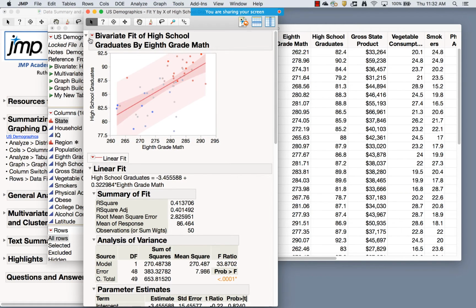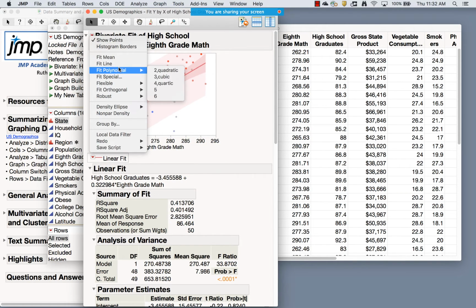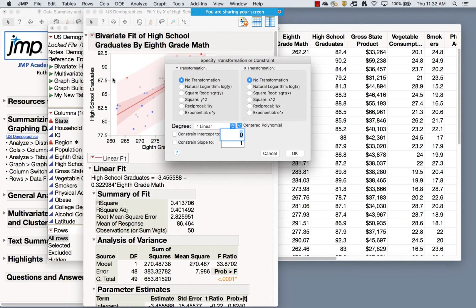I can also use the top triangle to fit another line at the same time. So maybe a polynomial fit. I could fit a quadratic or a cubic, quartic. I can use fit special to do a transformation right here in place. Instead of going back to my data table and making the transformed values, right here I can do a Y transformation and an X transformation, or just one or the other. I can do these with a centered polynomial. I can constrain the intercept or constrain the slope to a certain value, so I can fit a specific line